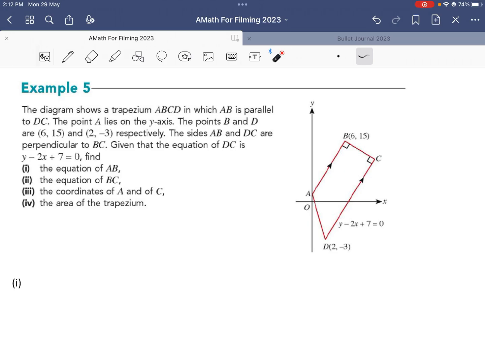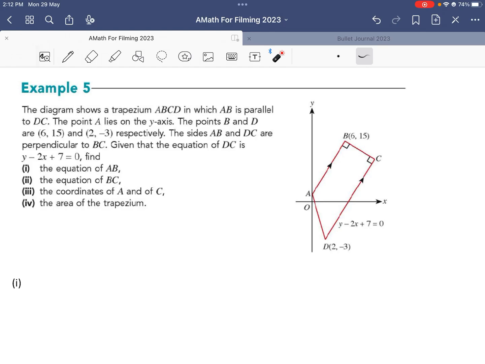Now, in this example 5, it shows a trapezium ABCD in which AB is parallel to DC. The point A lies on the y-axis. Very important: at the y-axis, what do we know? The x value is equal to 0. Now, the points B and D are given. The sides AB and BC are perpendicular. Given that the equation of DC itself is y minus 2x plus 7, let's just label it. It's already labeled for you over there. Now, what we want is to find the